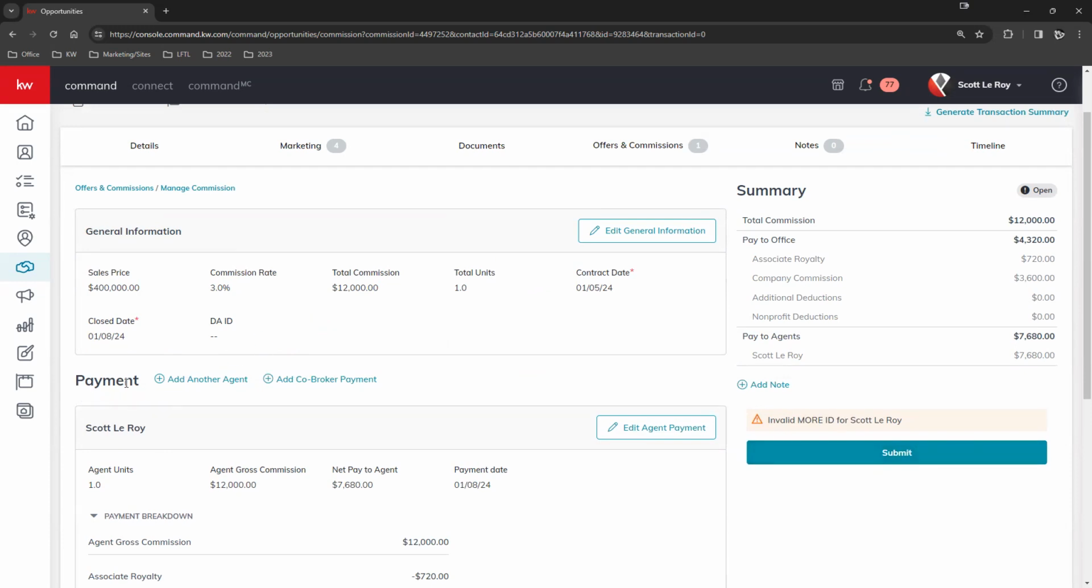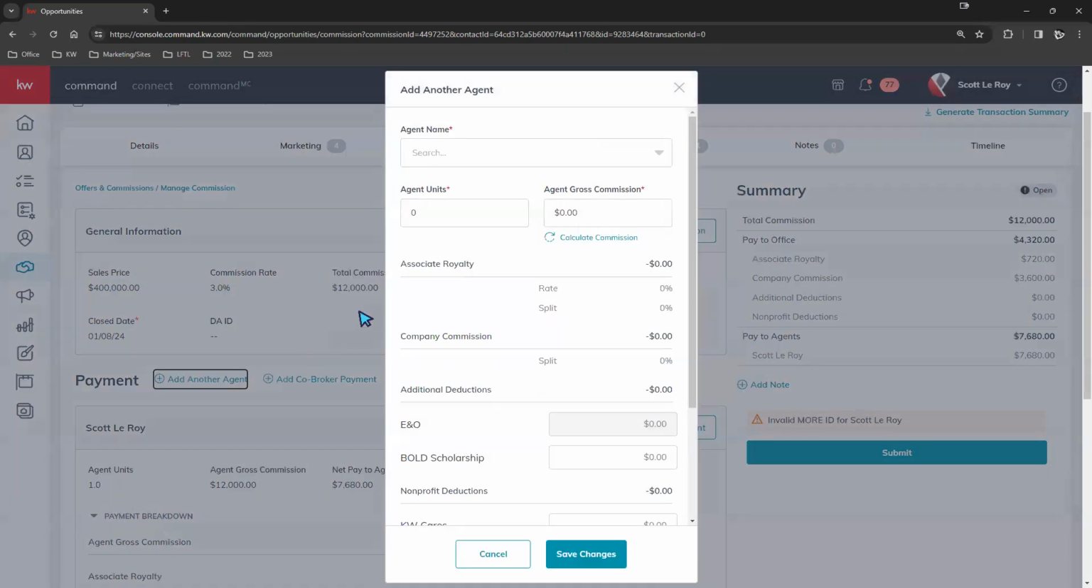However, down below here within our payment section, we have add another agent and add a co-broker payment. So these are going to be additional options if we're working with a team and you want to split this with another team member. You're going to choose add another agent right here. If I give this a click,